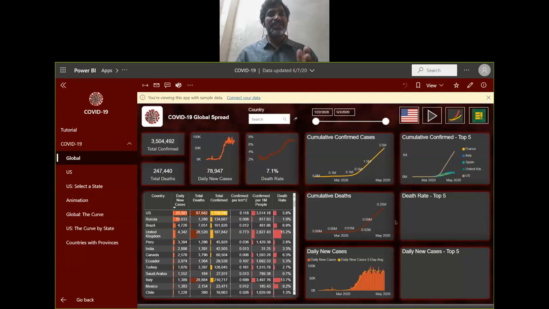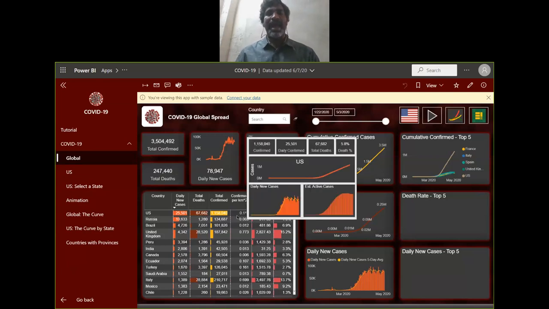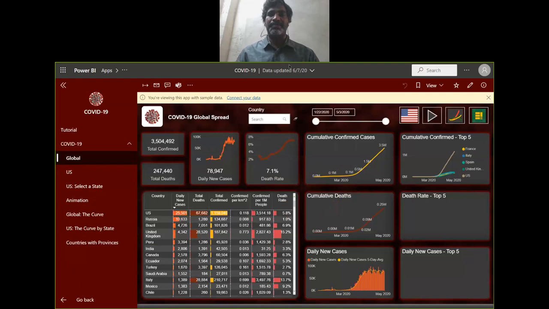So this is step 3. In step 3, you develop some reports and publish them to the Power BI service. Using the Power BI service, you develop dashboards. Those dashboards can be shared with your business users, and business users are able to enjoy the report. If you think your dashboard is publicly enjoyable, you can publicly spread it so that everyone is able to enjoy it, like COVID-19, how people are seeing it now. I think I am good with step 3.